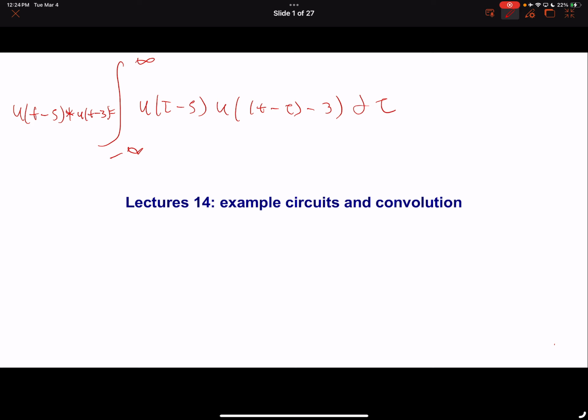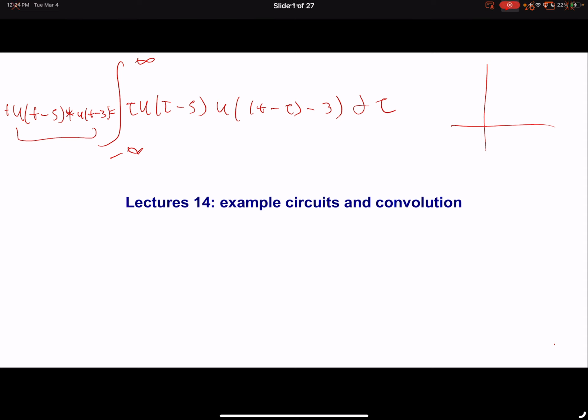So I want you to be able to do something that looks like this, or maybe if I put a t here, or t squared, it doesn't really matter. If you can deal with time-shifted unit step functions, I'm happy. But to do that, you need to understand that, first of all, if you look at the unit step function,